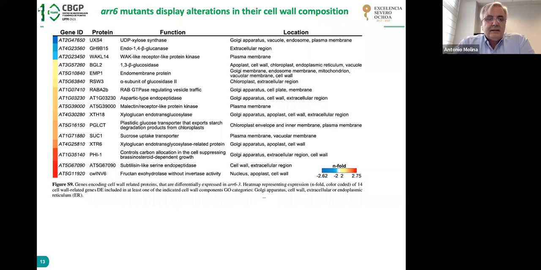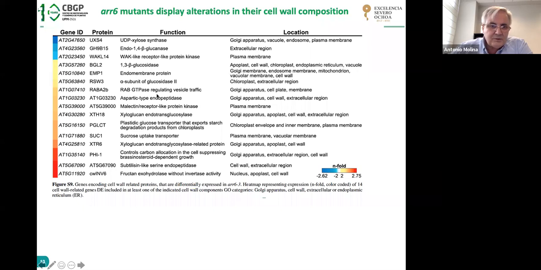One of the things that we identified was that there was a group of genes related with cell wall synthesis and remodeling that were upregulated constitutively in the ARR6 mutant. And based also on previous data that have shown that the Arabidopsis response regulator could be involved in the regulation of the protoxylem formation in the vascular system of